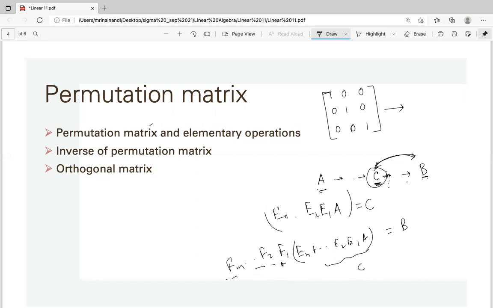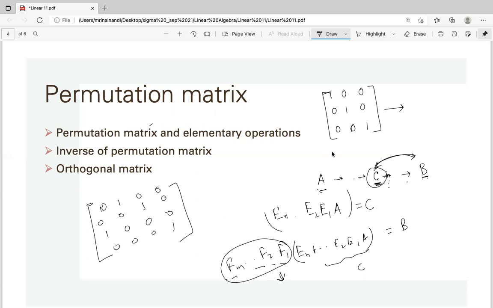Now it is just multiplied by some matrices, and if you take the product, this is again a permutation matrix, a product of elementary matrices of the special type, only row interchange. The permutation matrix may not be an elementary matrix. Maybe you change one row, go to here, and put this on top, and now this is a permutation matrix, but not an elementary matrix. You need two operations, and obviously the even and odd permutation is there.